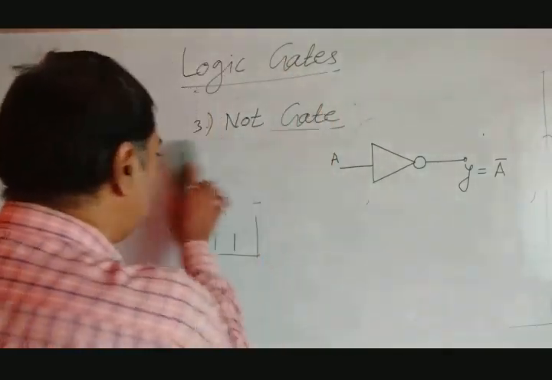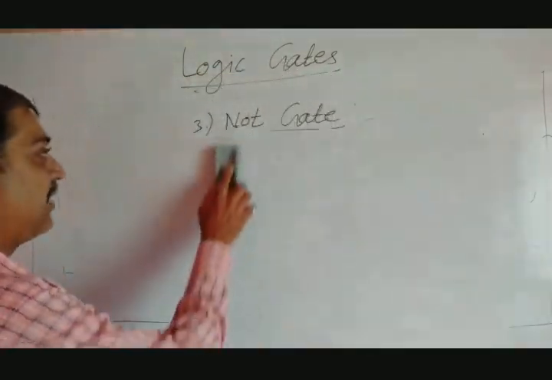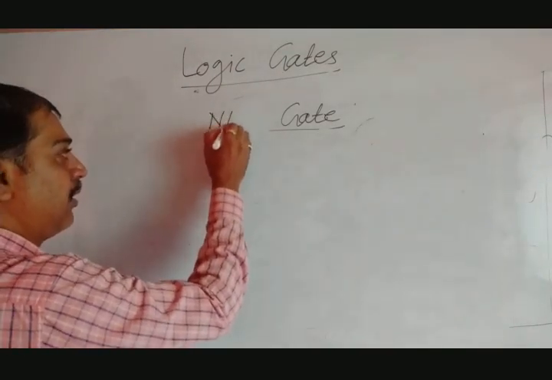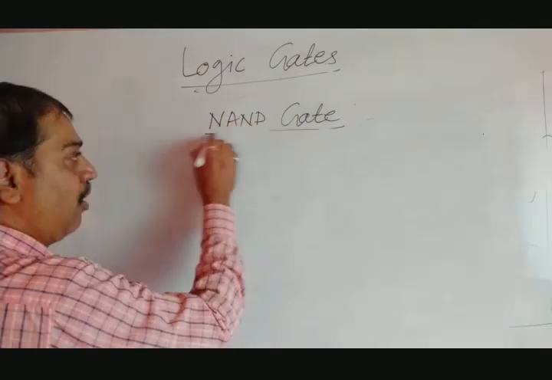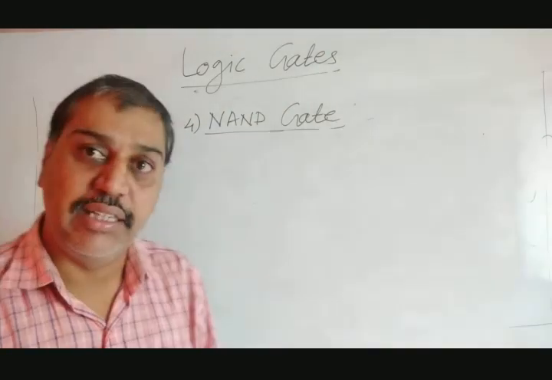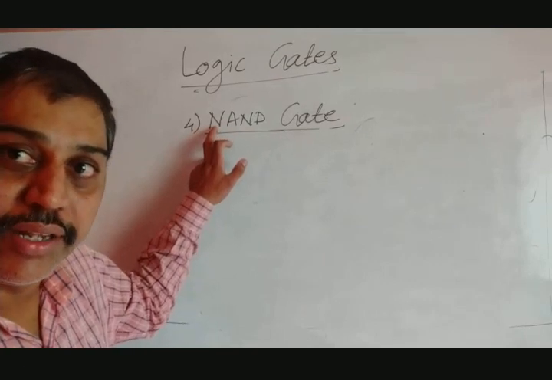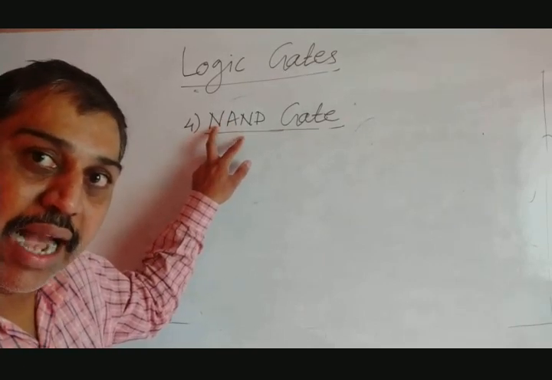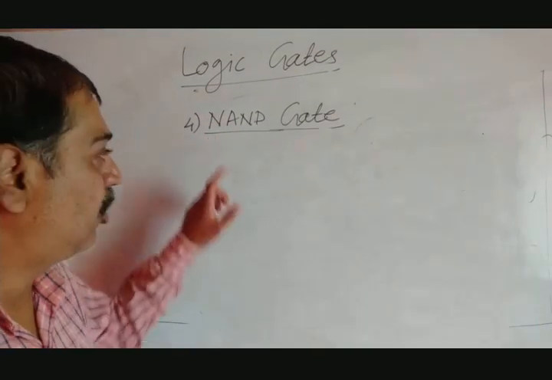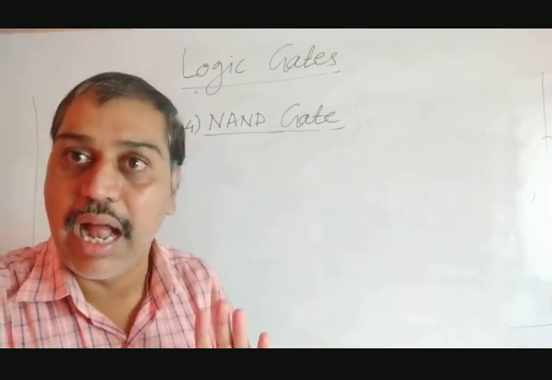Now let's go to the next type of gate, that is said to be the NAND gate. As its name suggests, it is the NAND gate. What exactly does it mean? N, A and D, NAND, all in capitals because it is logic. NAND gate is simply the AND gate with a NOT gate after it. NOT followed by AND creates a new logical gate, the NAND gate. It is NOT AND, meaning its truth table is exactly the inversion of the AND gate truth table.